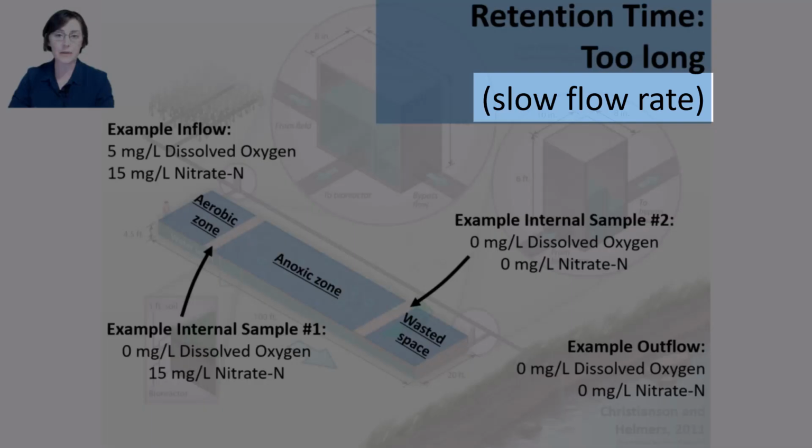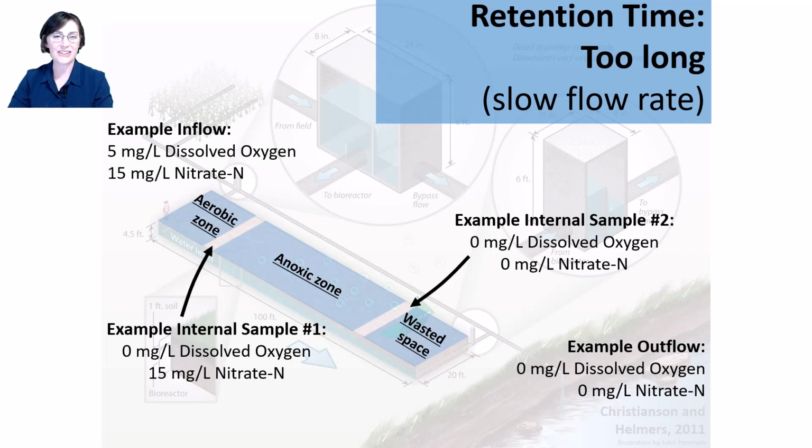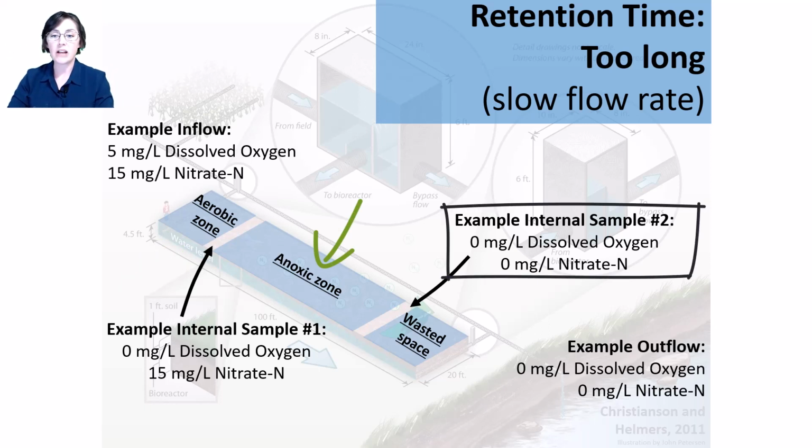This last example is where the flow rate is very slow relative to the size of the bioreactor. Imagine the water is just trickling through the wood chips, and that means the retention time of that water is very long. You see the same initial water chemistry, but here the water is just trickling, so the aerobic bacteria consume that DO in a very short distance. You see the just right anoxic zone there in the middle where denitrification is occurring, but the difference in this example is that all the nitrate gets removed before you get to the end of the wood chips.